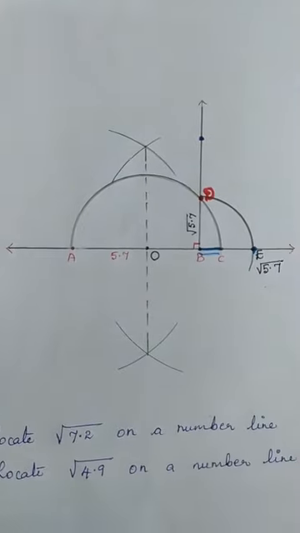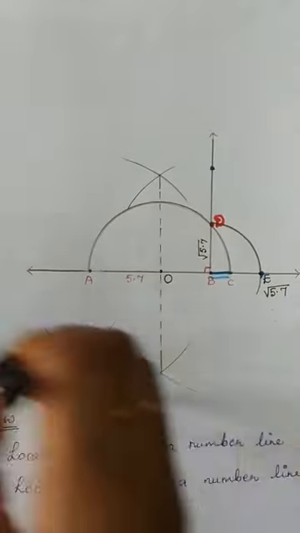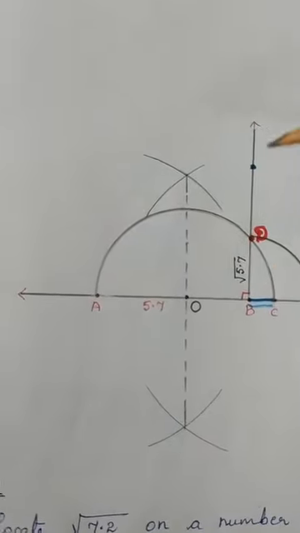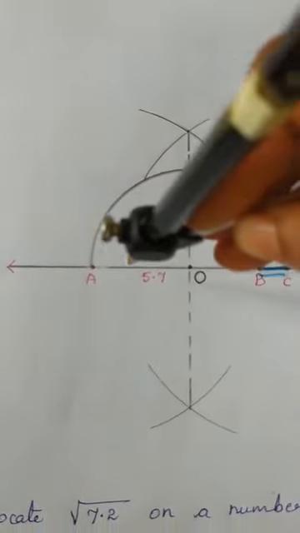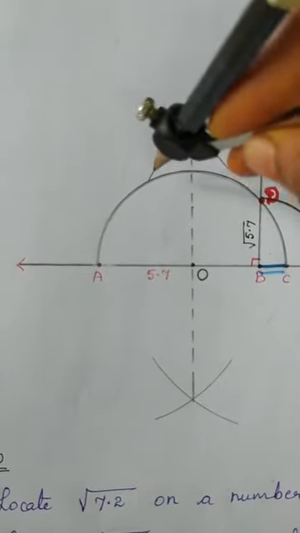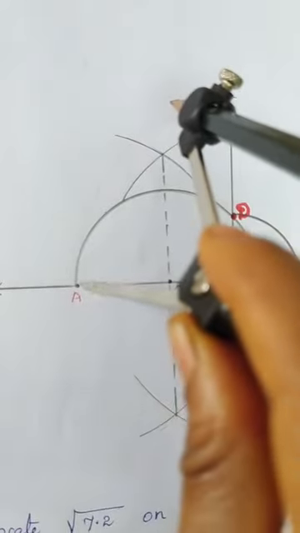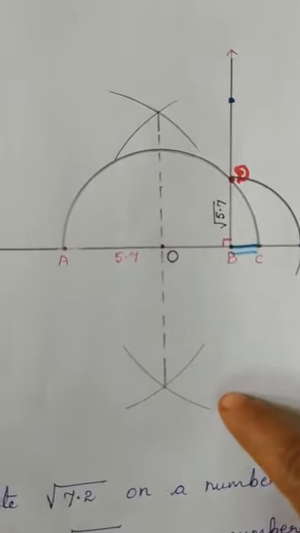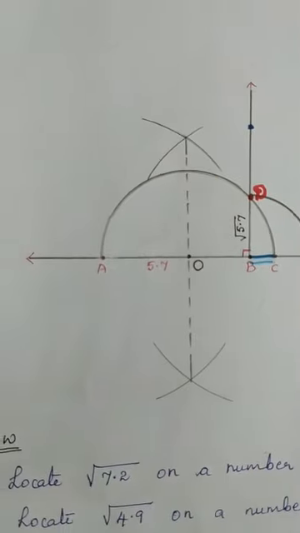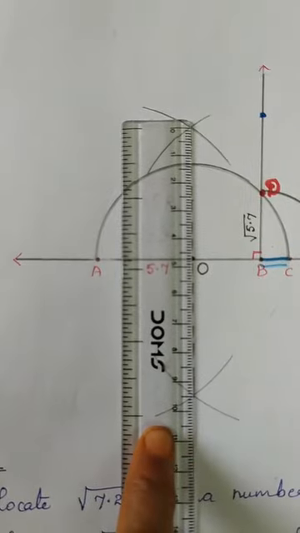Okay, next step, from the line segment A to C I am going to take more than half of a radius. More than half means like this, children. I am going to draw an arc up and down. Again, I keep the compass on A and draw an arc up and down. Once I have completed these two arcs up and down, I am going to join them using dotted lines.